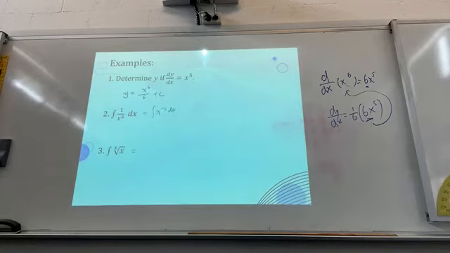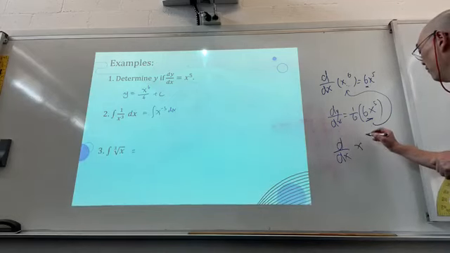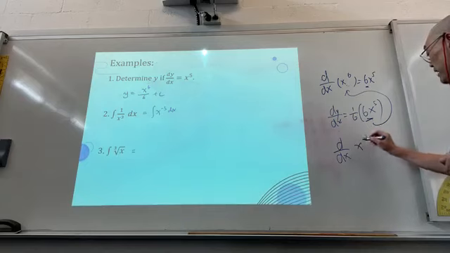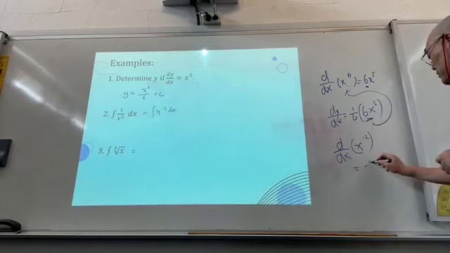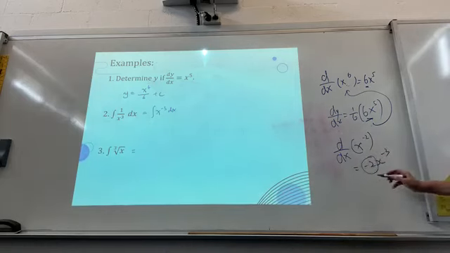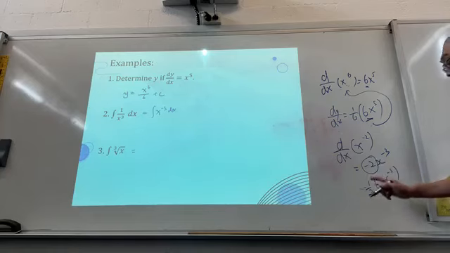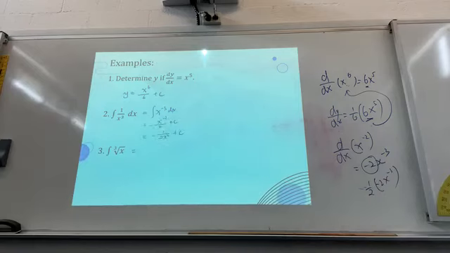It makes life just a little bit more straightforward if you look at it that way. So x to the power of 3 dx, x to the power of minus 2 gives me minus 2 x to the power of minus 3, correct? So I'm missing a minus 2 here. So it has to be minus 1.5 or half times minus 2 x to the power of minus 3. Yeah? If I rewrite it that way, and then I get